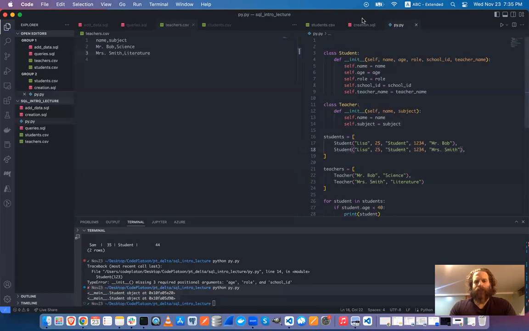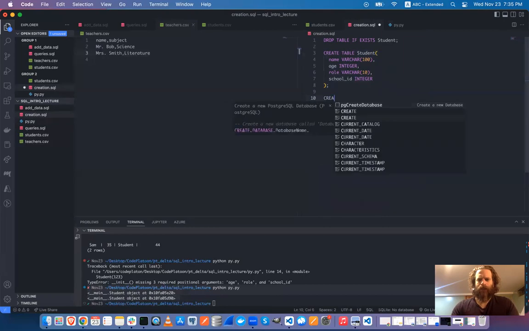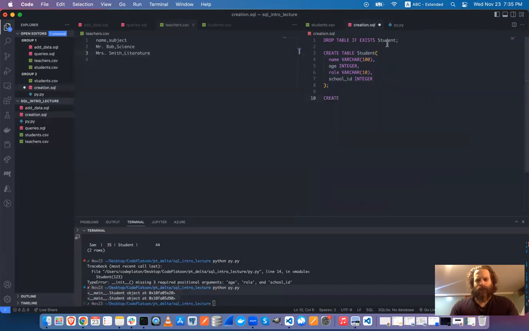We can do something similar in SQL. So I'm going to create another table called teacher. And by the way, there's some debate as to whether these should be plural or singular. It doesn't really matter. I'll use the singular. And we'll do name,